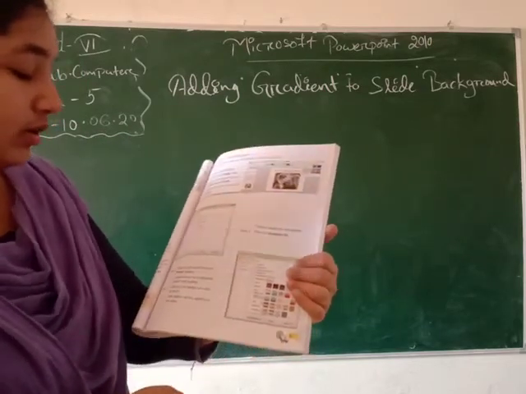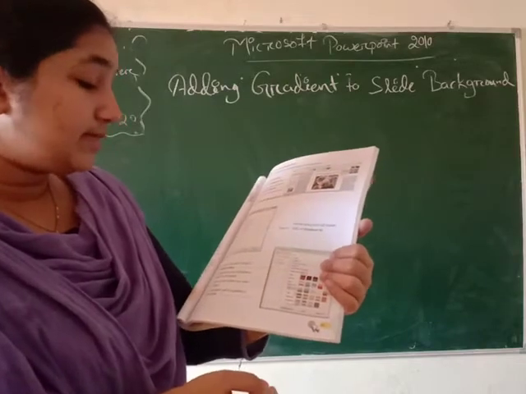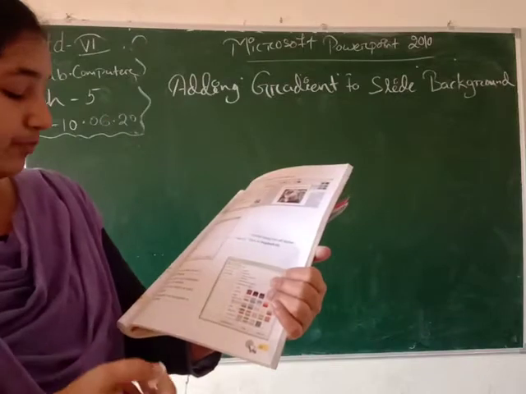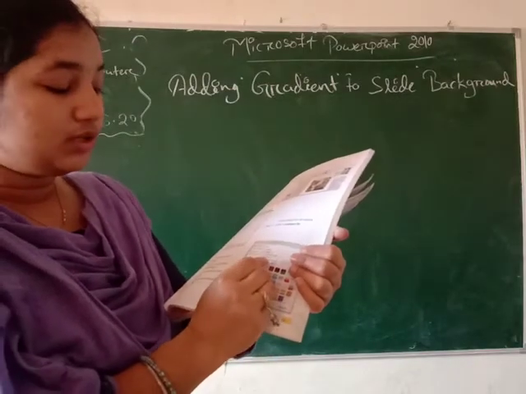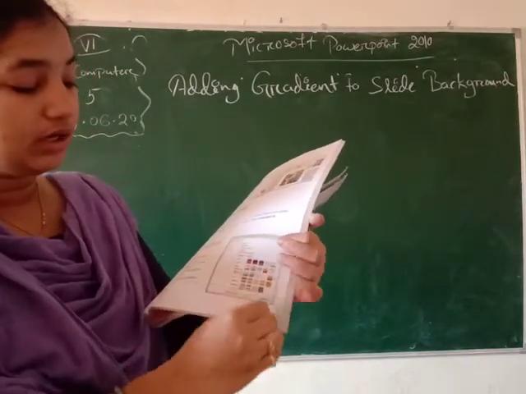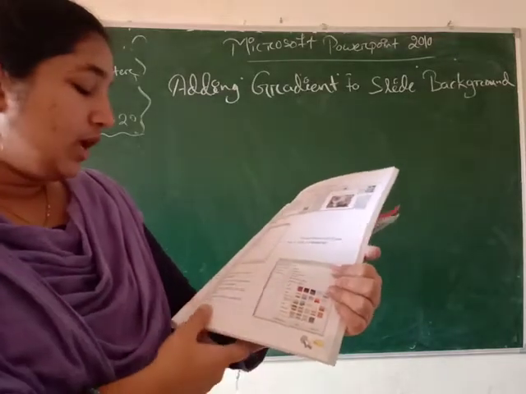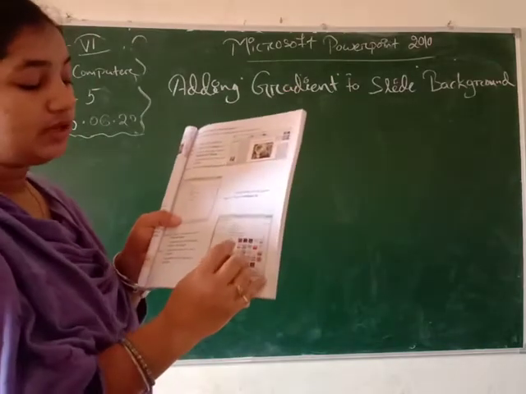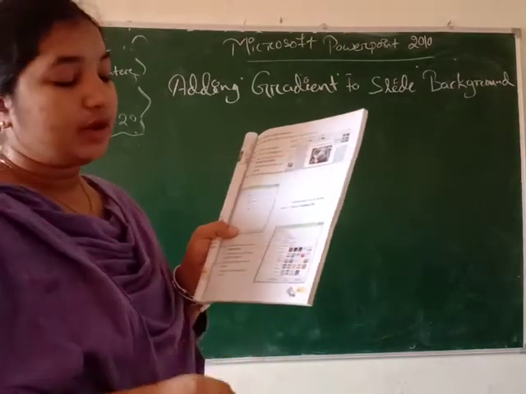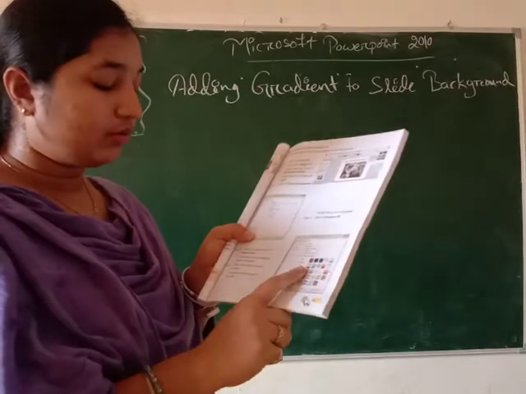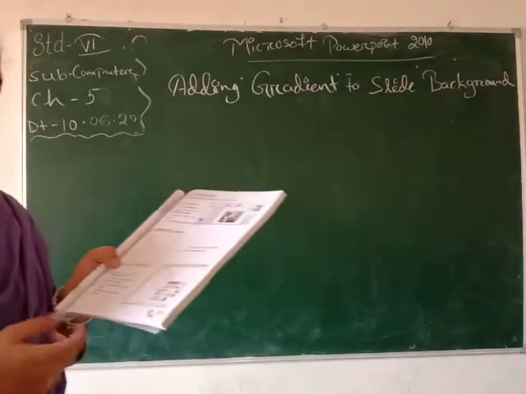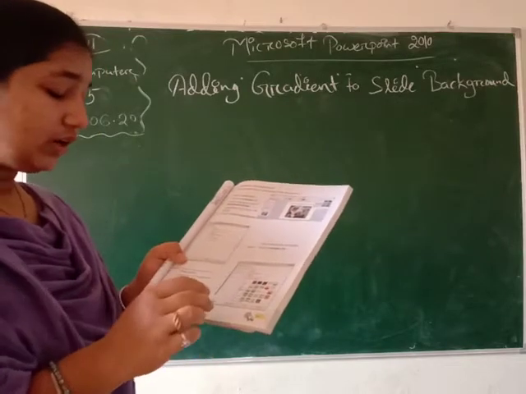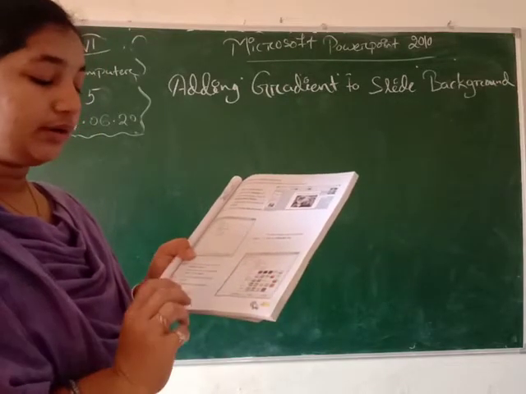After that, click on the down arrow of preset colors. Here we have to select the color. When we click on this preset color, the drop down menu will come. This is the drop down menu. After that, click on the pattern we want to apply. Here you can see so many colors are there, and this is a mixed color. Whichever type of color, which pattern we want to give, we have to click on it and apply.